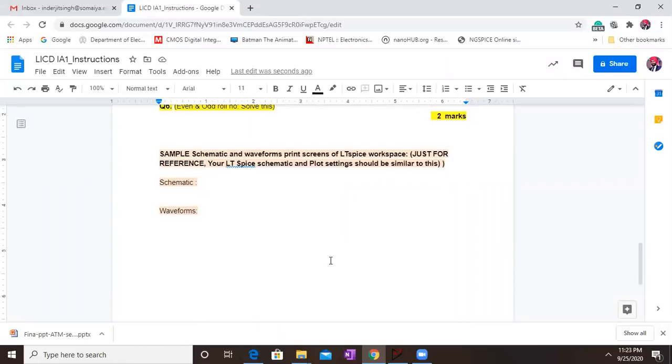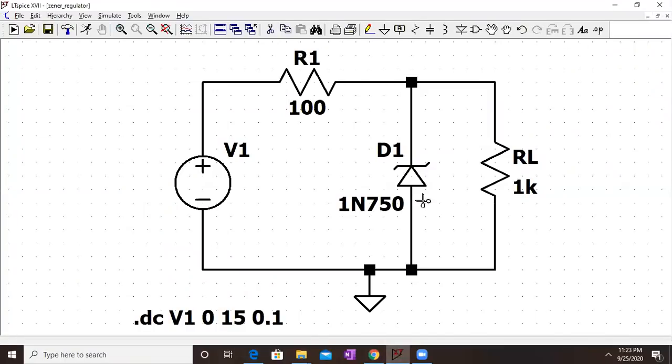And now let me give just a little bit of information about the LTspice schematic and plot settings. So let us go to LTspice. This is very, very important. Let's say this is my circuit. You have built up the circuit. Very good. See to it that the background, in many LTspice installations, is gray, so it is a little bit not visible.